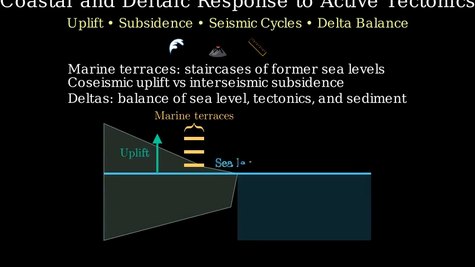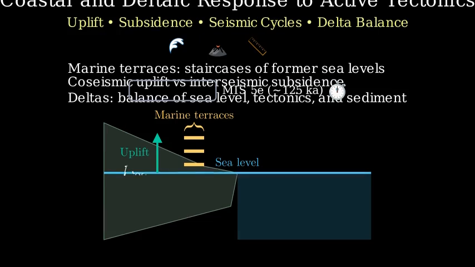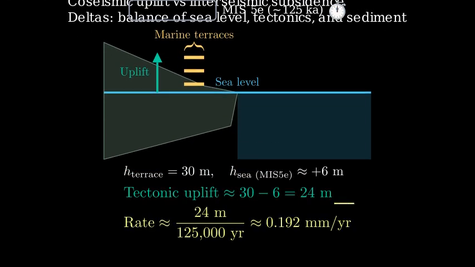Marine terraces are fossil shorelines that have been lifted above the ocean. Each flat bench marks a former sea level stand. If we know how high a last interglacial terrace sits and how high the ocean was back then, we can estimate an uplift rate. For example, a terrace at 30 meters today that formed when sea level was plus 6 meters at the last interglacial means about 24 meters of tectonic uplift in 125,000 years, or about 0.19 millimeters per